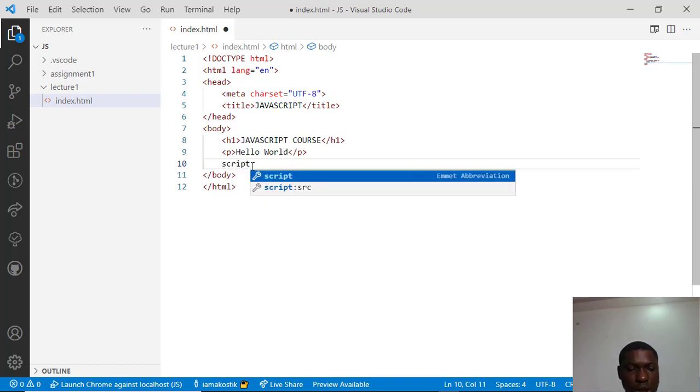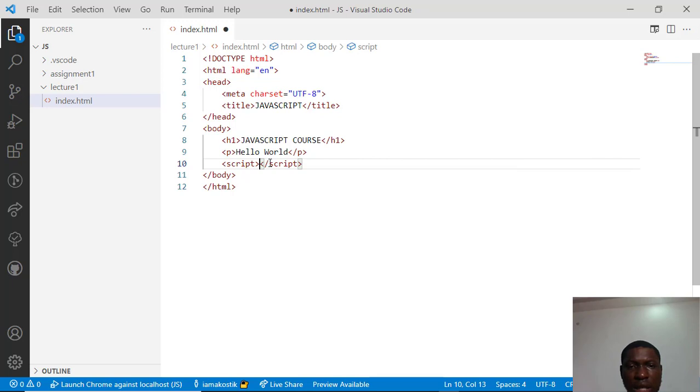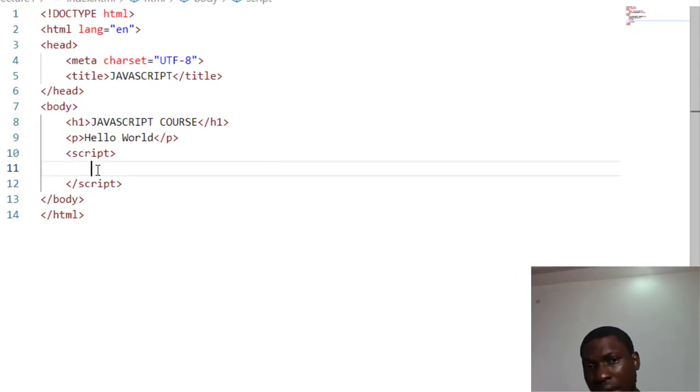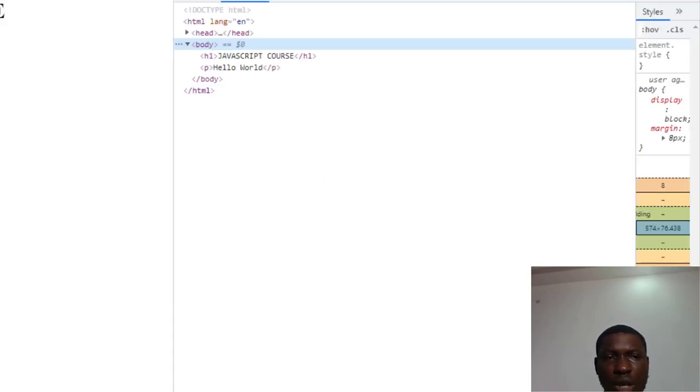So all I need to do is add this script, an opening tag script and a closing tag script, like so. And then the next thing you want to do is write your JavaScript code in between these scripts. So the same way which I did my document.write is one way to output stuff to your browser. I can also write the document.write, but I'm not going to do that. I'm going to write a JavaScript code that is going to change the hello world you saw right there. So remember guys, this hello world, I'm going to just write a JavaScript code that targets it and changes it.